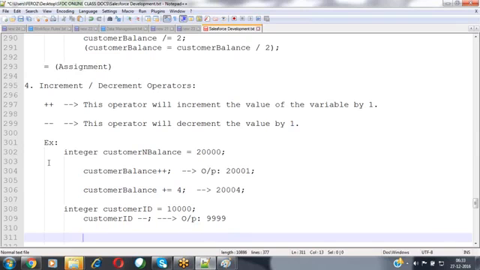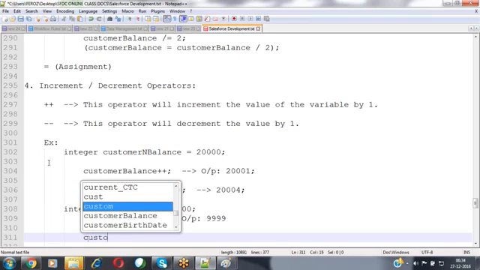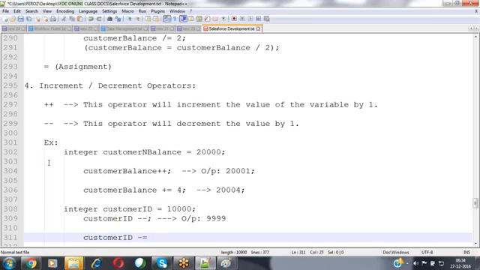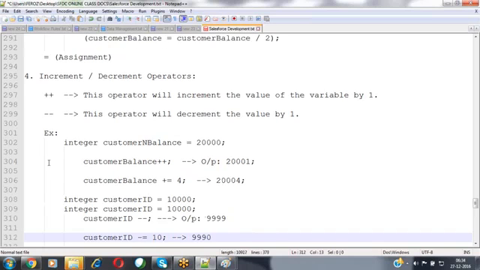If you want to decrement the value by 2 or 3 or 4 or 5 or 10, then we have to use the assignment operators again. Customer ID minus equals some 10. At that time, it is going to return the 9,990 value.